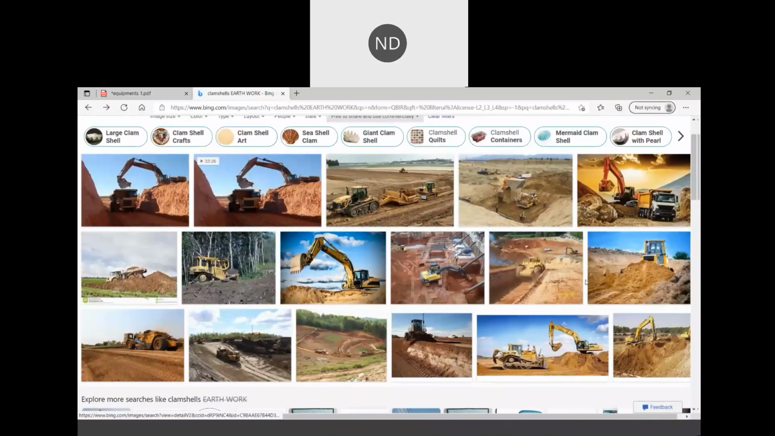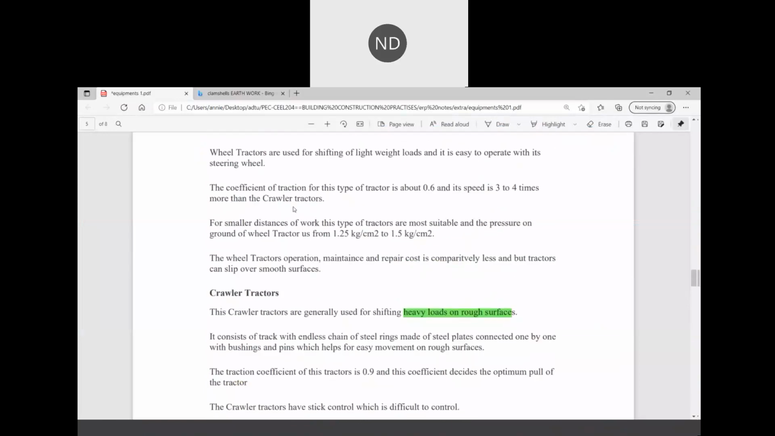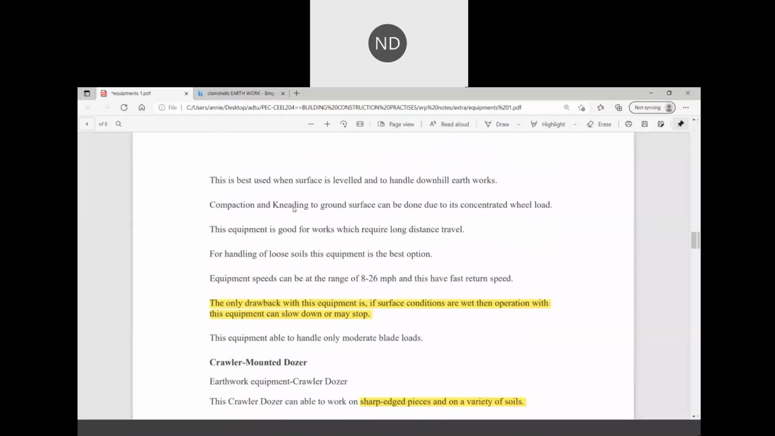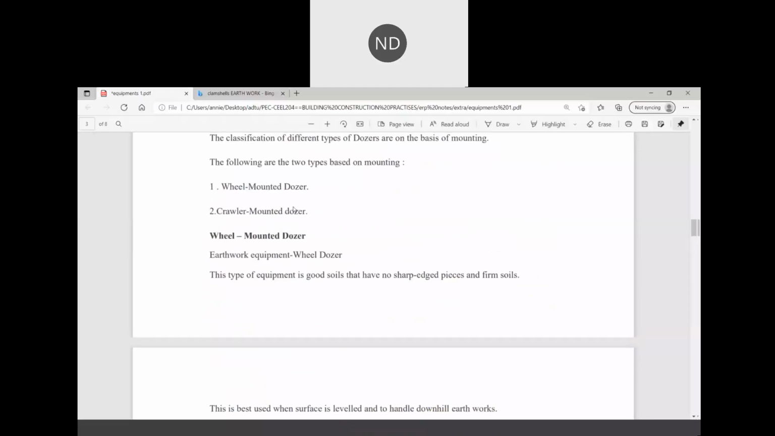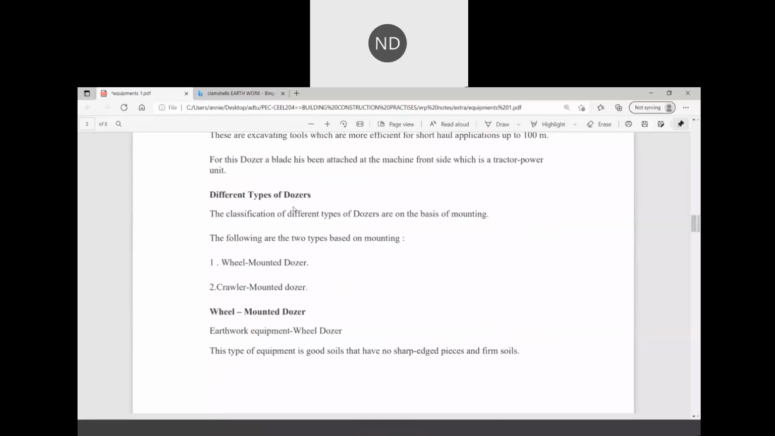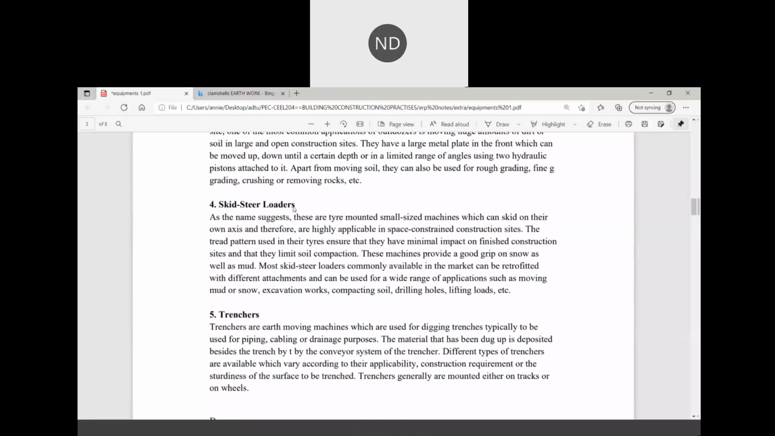So these are your normal big tire tractors. Then you have machines, like how many types we have gone through: dragline, power shovels, crawler tractors. This can be wheels or that. Dozers are very small ones which can be moved. Then we have skid steer loaders, trenchers,